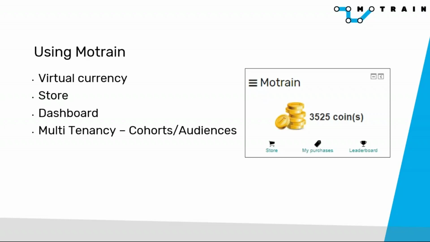And so we've actually addressed this whole multi-tenancy idea of taking a single instance of an LMS, and then through the use of cohorts or audiences, we can display a specific store to a specific group of learners. And so you can really get that personalized experience based on either what type of learner they are in terms of the training or learning that they're taking, or maybe you're wanting to separate those stores out based on, say, geographical separation within an organization.